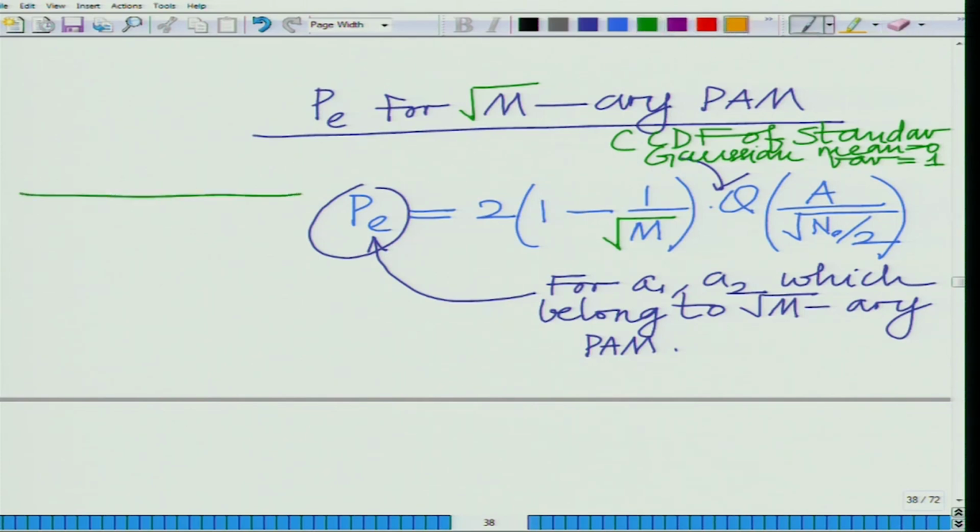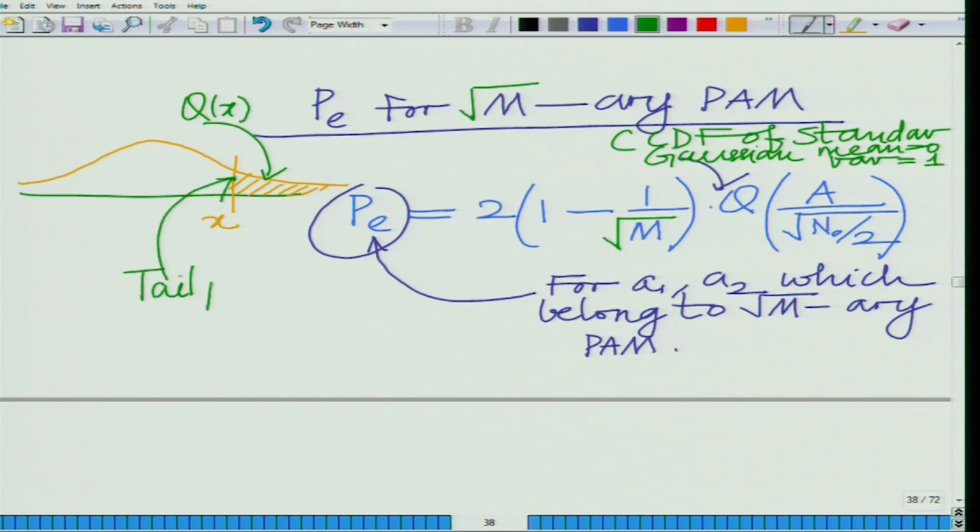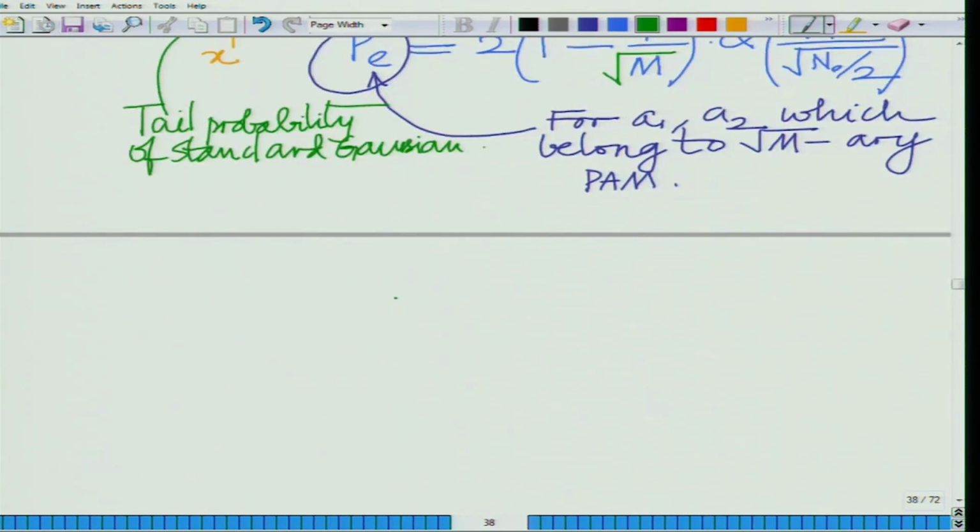And at this stage, I think all of you should be more than familiar with that. That is, if you look at Q of x, this area is Q of x, this is the tail probability of the standard Gaussian random variable, and further for M-ary QAM we have derived it as